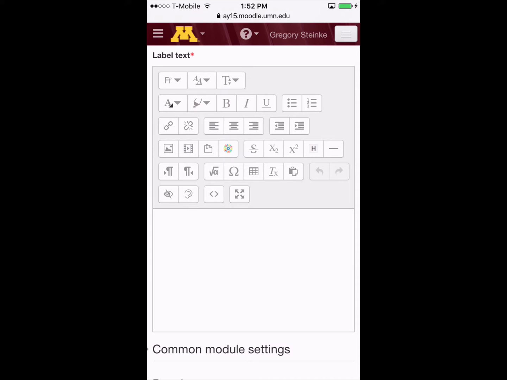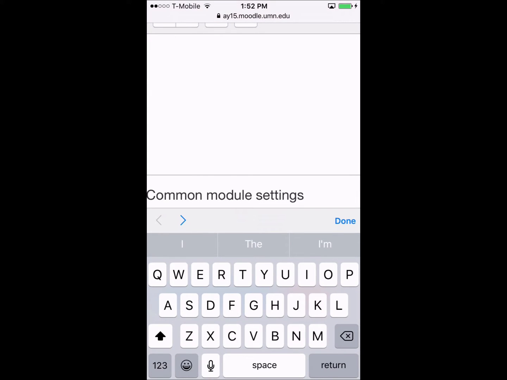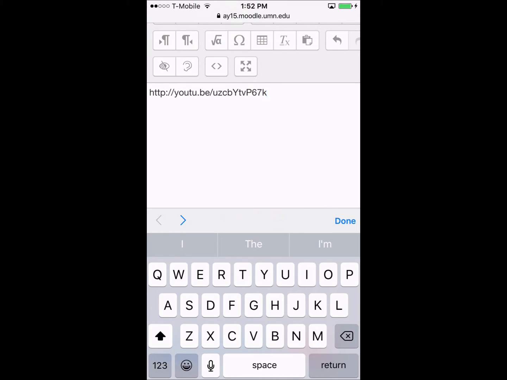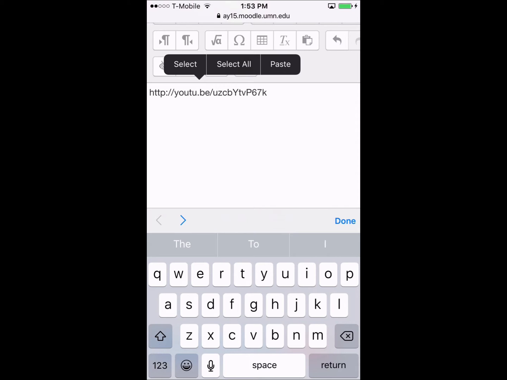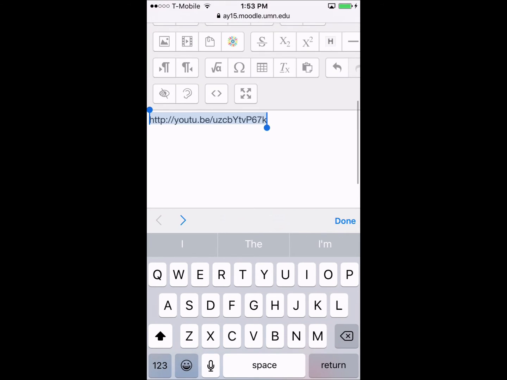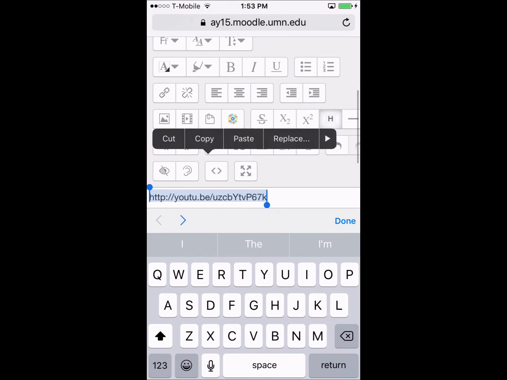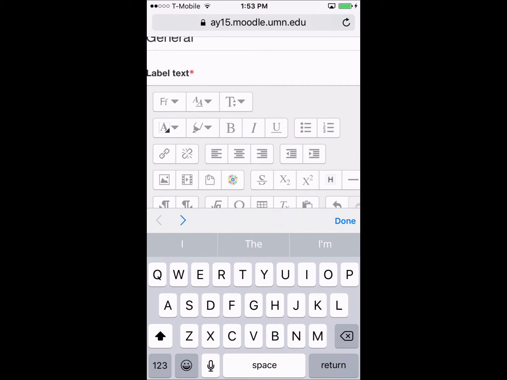And to do that, I'm just going to tap in the description area in the label, tap again, and then hit paste. So I pasted the link. Now I'll tap within the link twice, and I will select all. Okay, now that I have it selected, I'll tap on the link button,